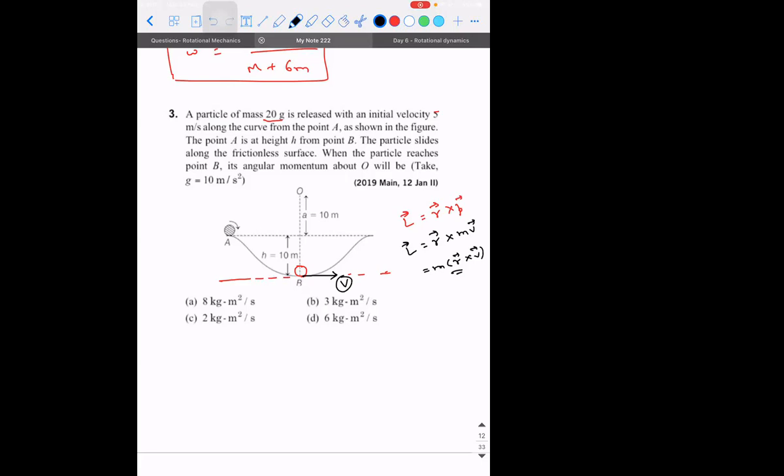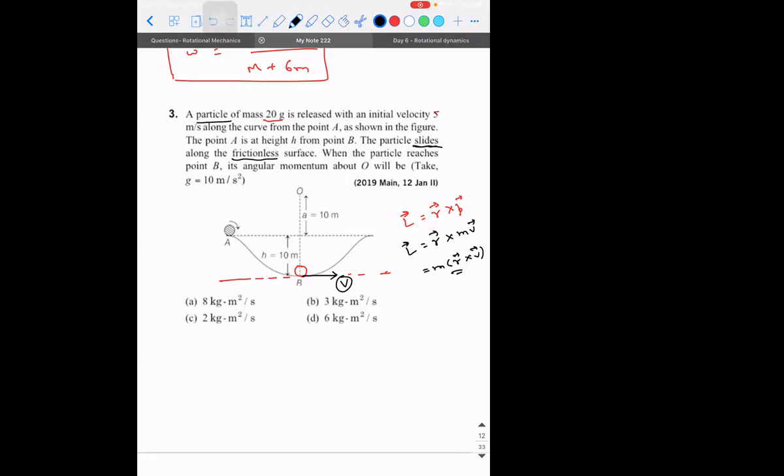What is happening to the object? They told one important word, the particle slides. They didn't use the word roll. Moreover, we don't know what that particle is. So particle slides means what are all the energy conversions that are taking place? And they've told one more point also, it's a frictionless surface. So what are we allowed to apply?